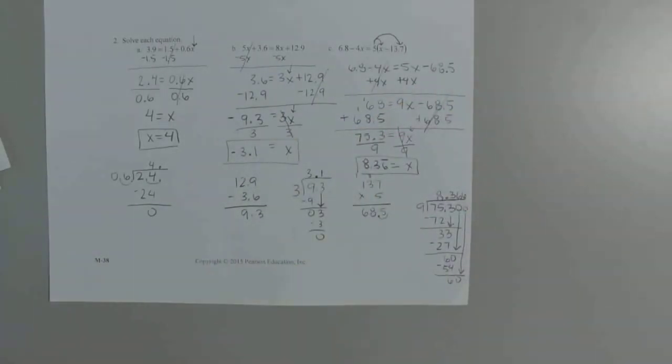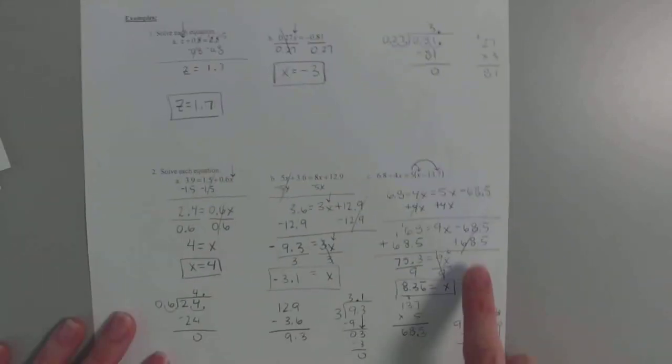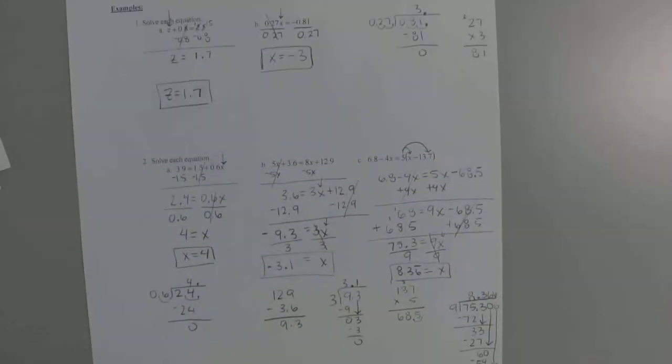Okay? So x is going to be 8.36 repeating. Woo! I was going to add 2 more, but I don't think I need to, because the 2 that I was going to add was something like this, where it's subtracted, but in order to do a subtraction, you just add it over, and we just did that right here. So that's it for